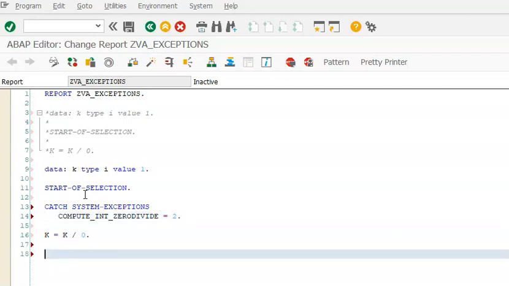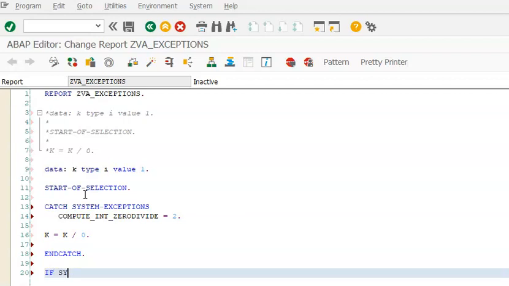Now k is equals to k by 0, end catch, if sy-subrc equal to 2,